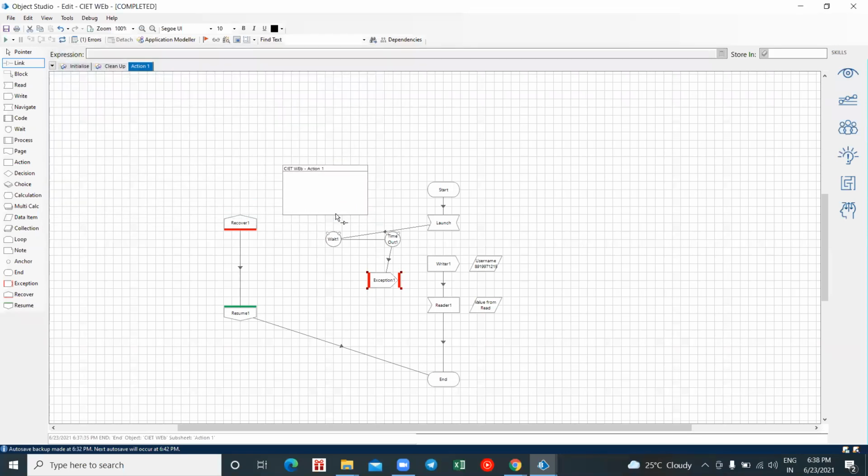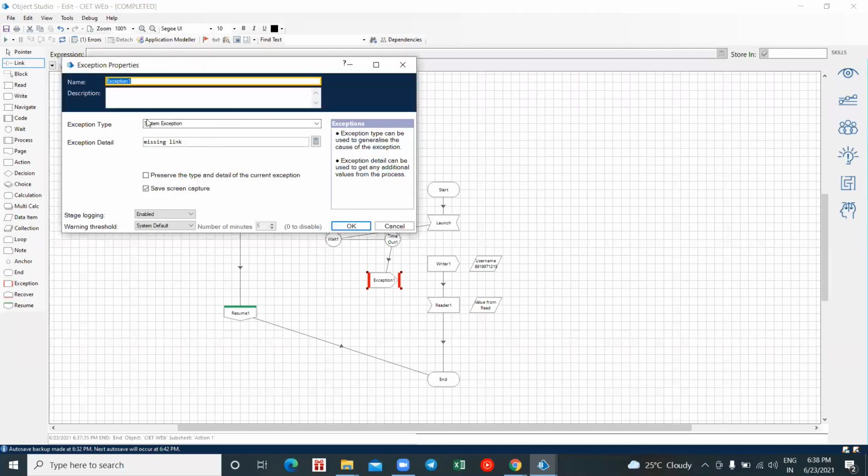So with this, whenever you create a flow for real-time use cases, and you go with your exceptions, whenever you get some sort of errors, the errors are captured, and they are sent to your manual team. It might directly store the errors into your folder, or it sends you the errors that have occurred in your flow through an email. So here I've given some information, right? What sort of exception type it is, what sort of exception details it is.